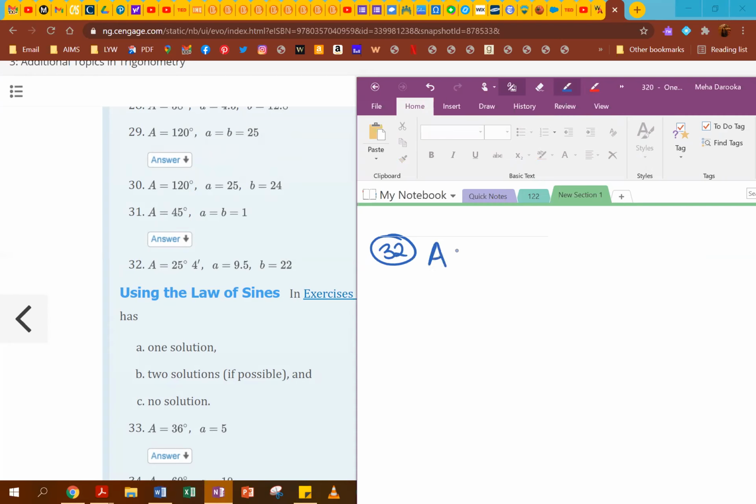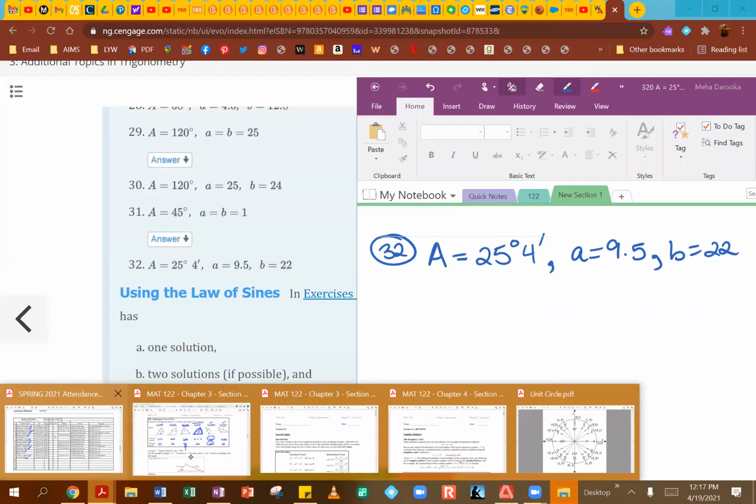Okay, so angle A is 25 degrees 4 minutes. Side A is 9.5. Side B is 22. Okay, so let's go back to our